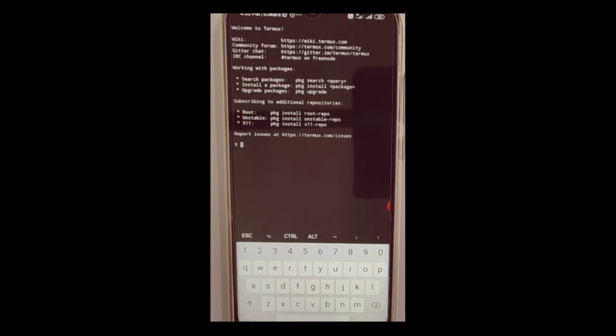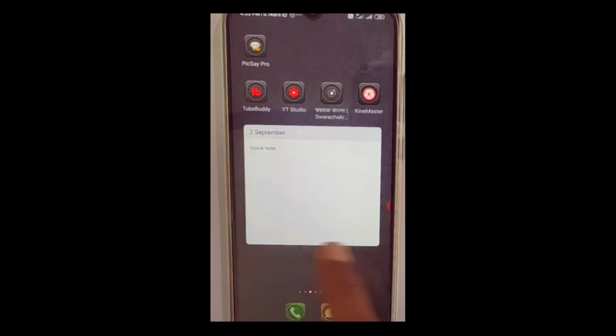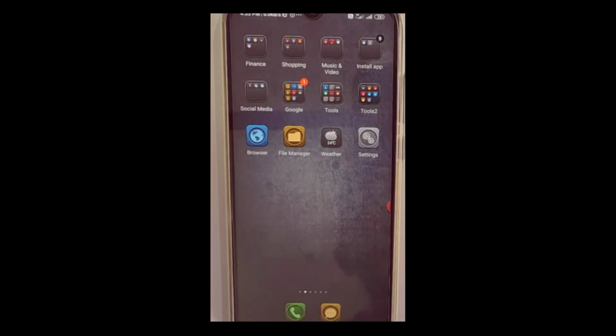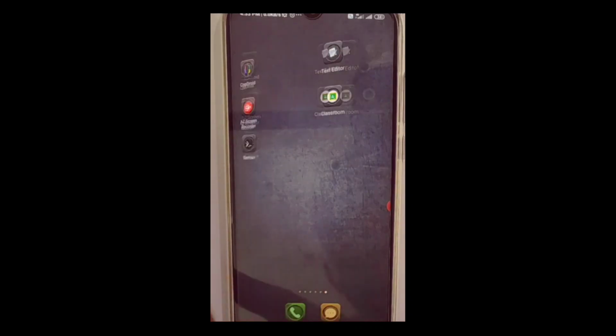Before that, you have seen one kind of interface, the graphical user interface, like Windows or an Android phone. You have seen different applications; these are called graphical user interface. There you just click and you can use those softwares.